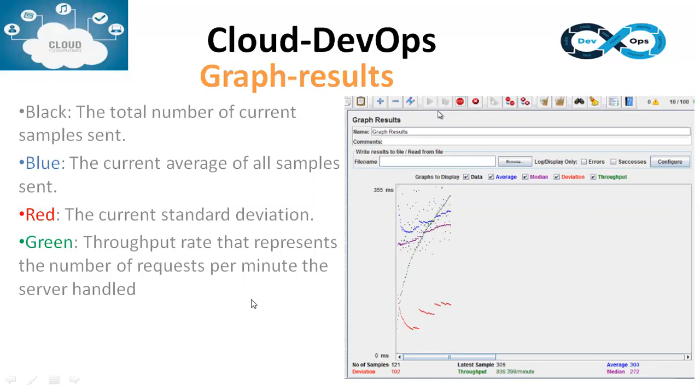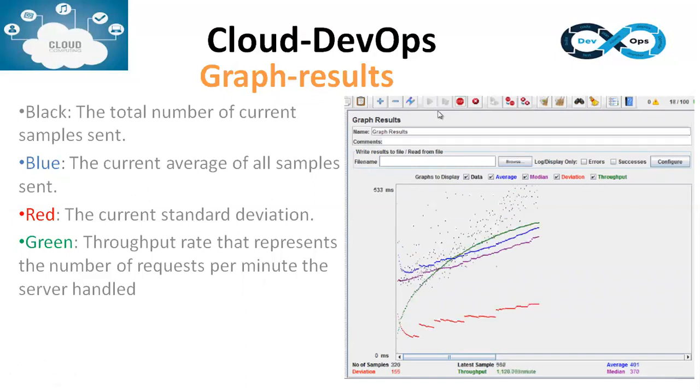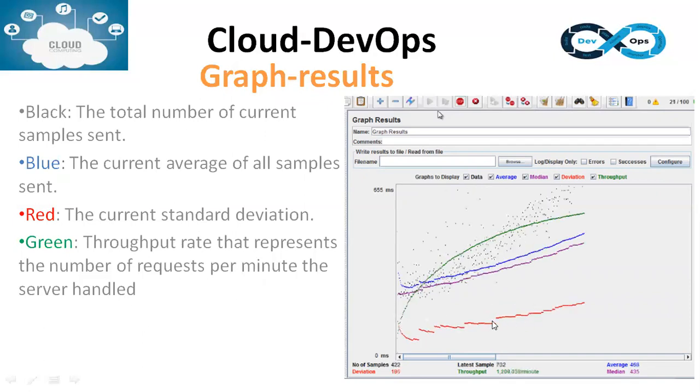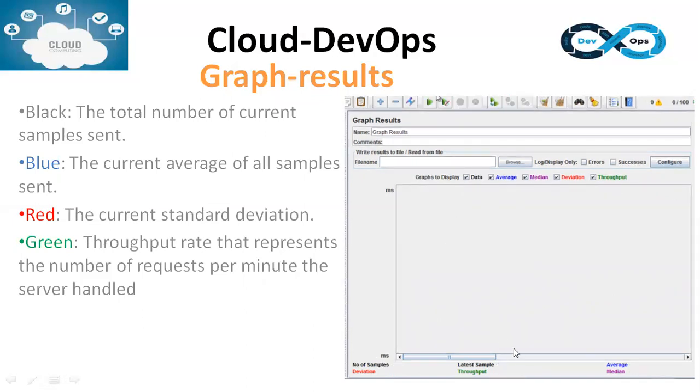One of the simplest ways of looking at this is how many requests per minute the application is able to handle. That gives the throughput value. Deviation means it is not accepting the values and it is deviating from the average value. You can see here nearly 1300 requests per minute it is able to handle.